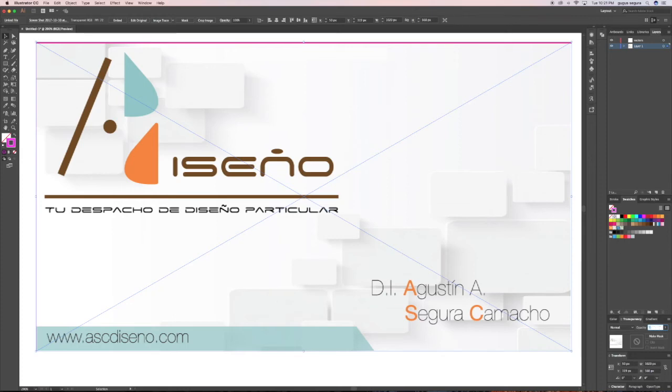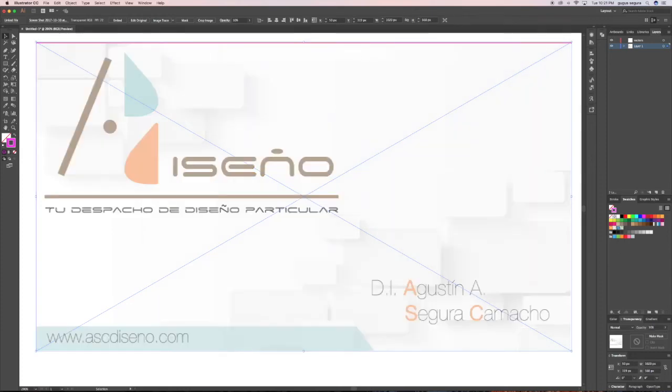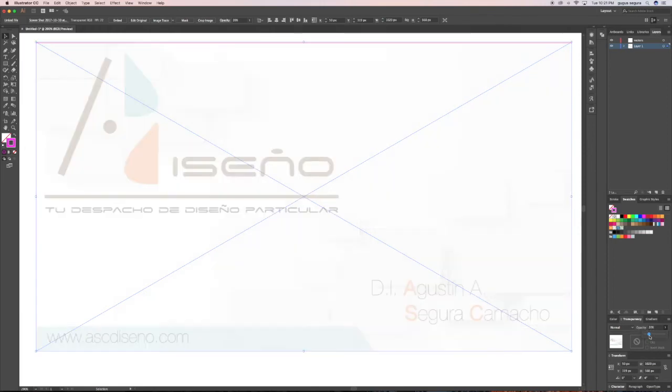For example, if we want 50%, as you can see, this value changes, or we can click over this little arrow and drag this little circle and change the opacity. I like to work with, let's say,